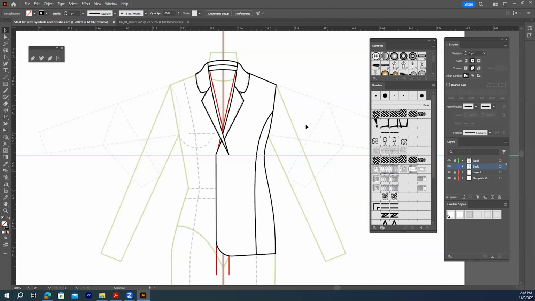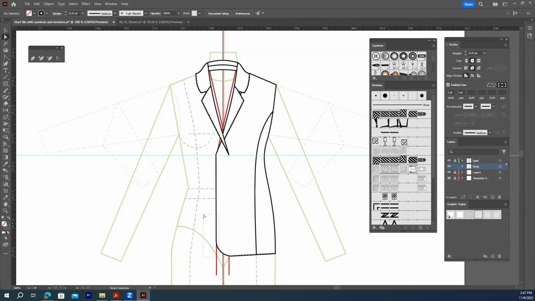Now this part looks fine. I can assign stitches. So select this, Control C, Control F, and launch. Assign stitches,